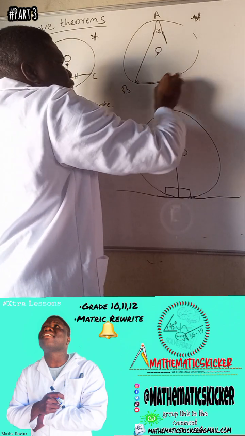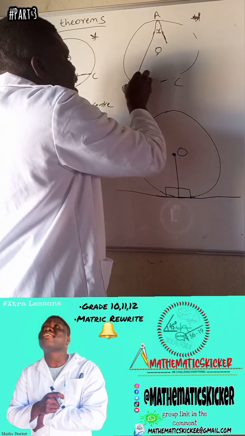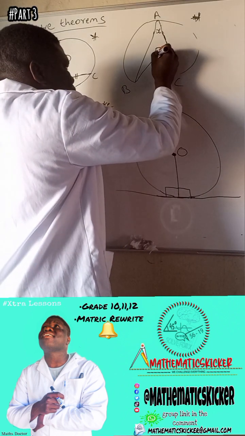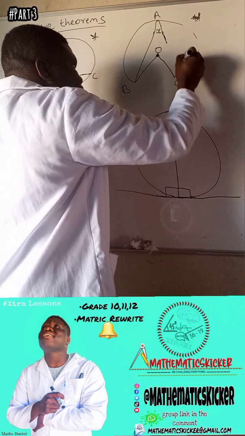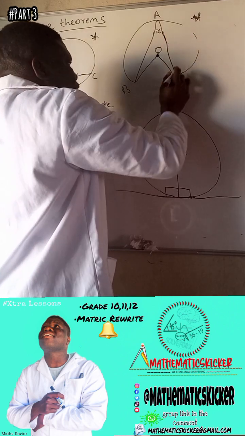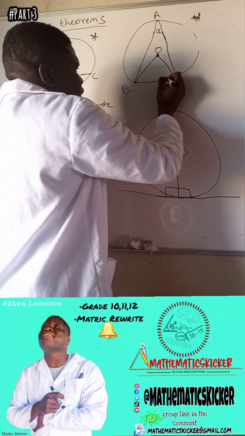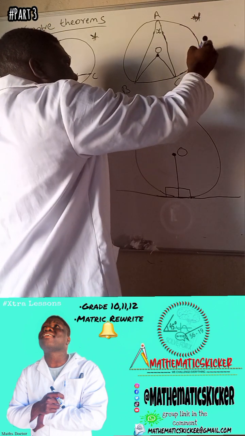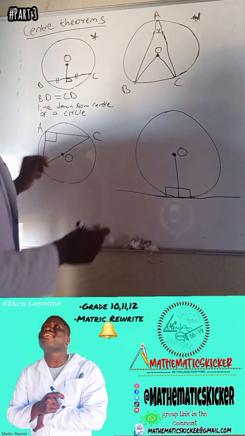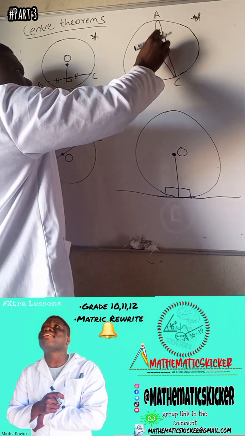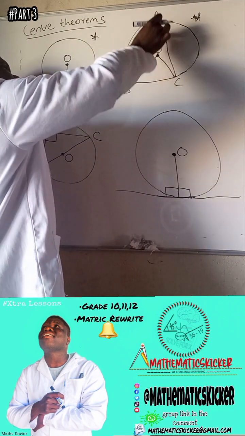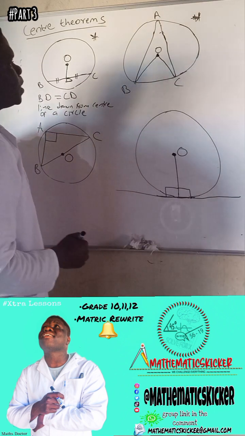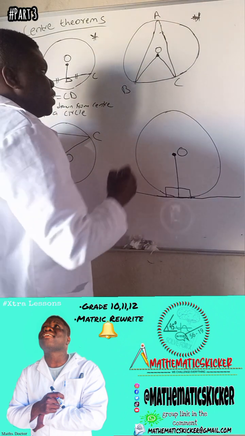Write this statement down: an angle subtended by an arc at the center of a circle is twice the angle subtended by the same arc at any point in the alternate segment. It means this arc subtends an angle here, and it will be twice the angle subtended by this arc at this point. In this case, we'll conclude by saying that